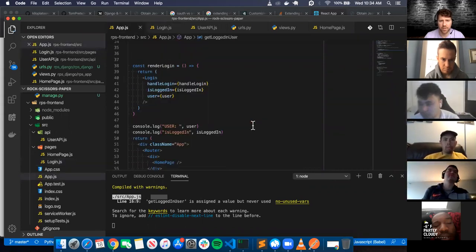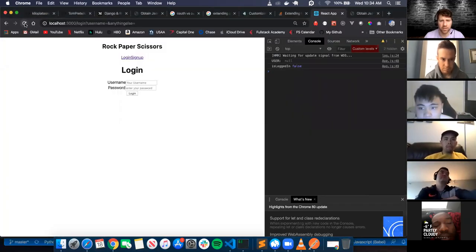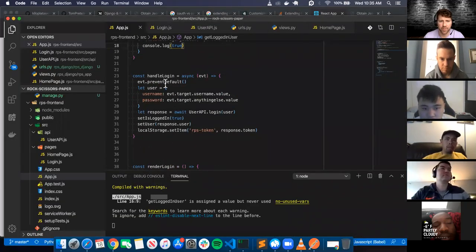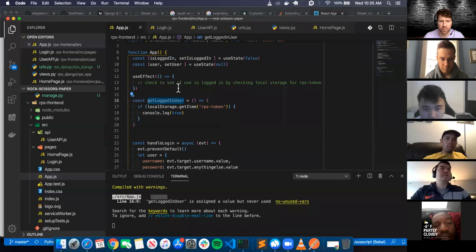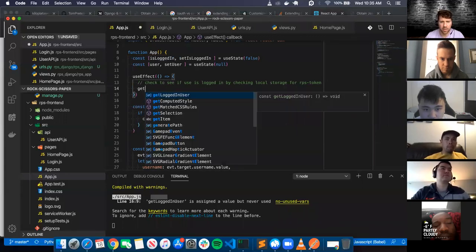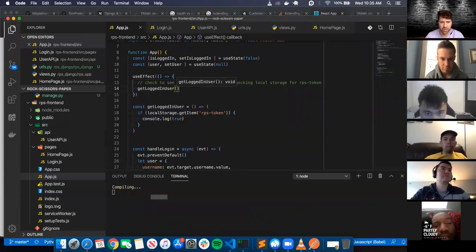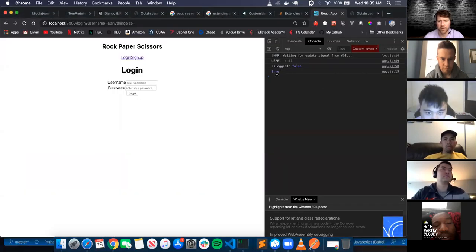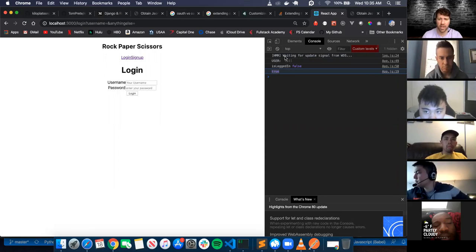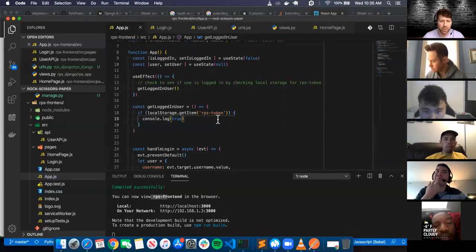All right. So if I refresh this, oh, I got to call this. So this get logged in user should be executed. Get logged in user, execute it. So right here it says true. So my user should be logged in, but right now it's false. So if the logged in user exists, I can